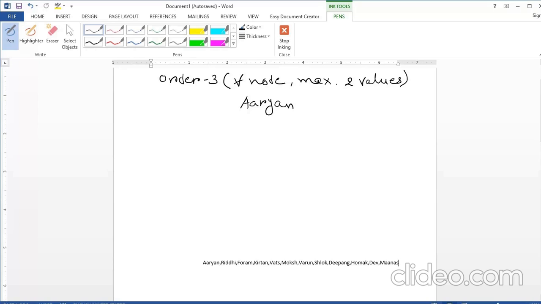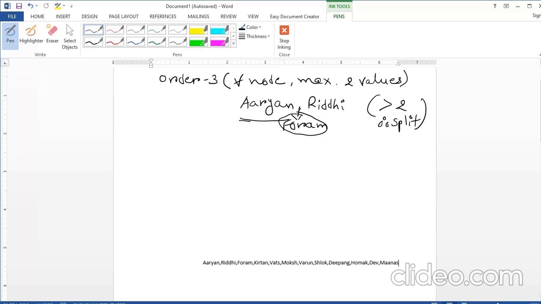Now the next value is Riddhi, which will be inserted after Aryan. Then there is the third value, which is Forum. It will be inserted between Aryan and Riddhi, but as the values are more than 2, we need to split the tree, split the node. This is the median value.